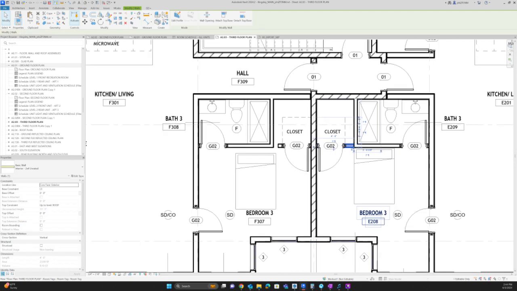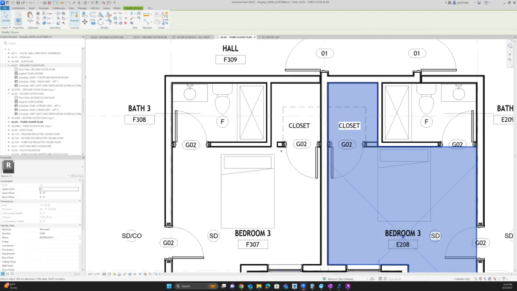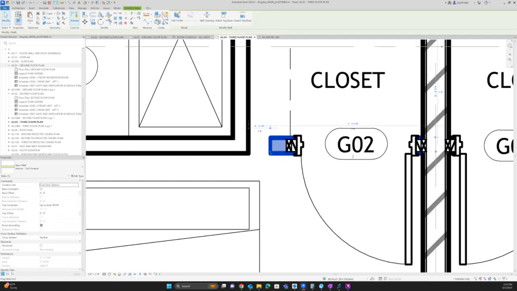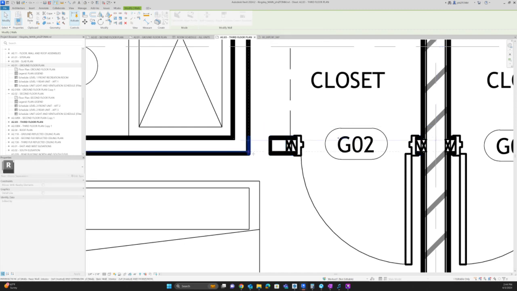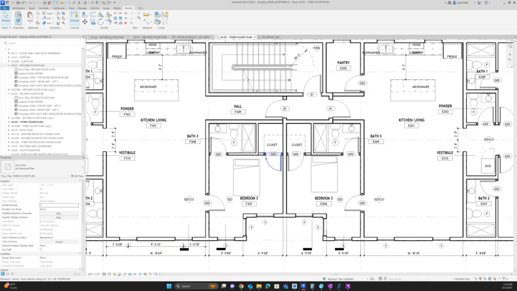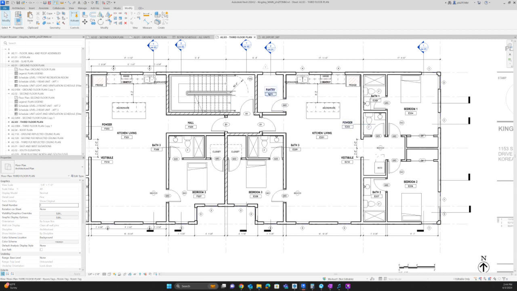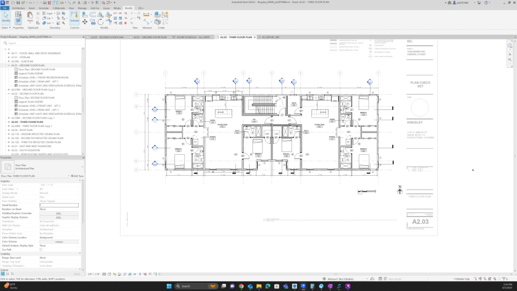So in essence, then this room flows into the closet. So you get this little thing here. You could fix it by doing some line width issues and hiding stuff, but I think for now I don't really care that much. Okay. So now these rooms are right. The only thing that's wrong is that really this should be an E301, right? Right. So now down here,